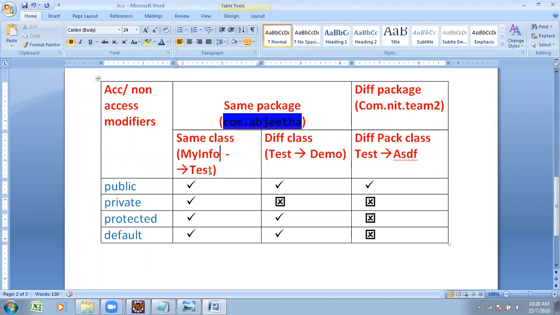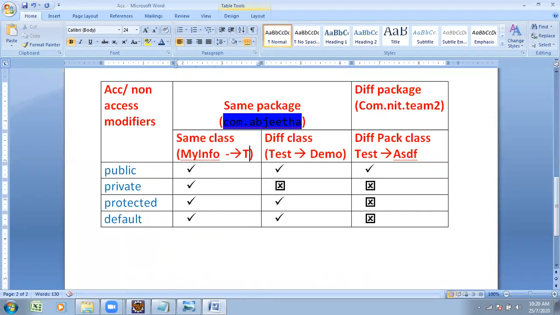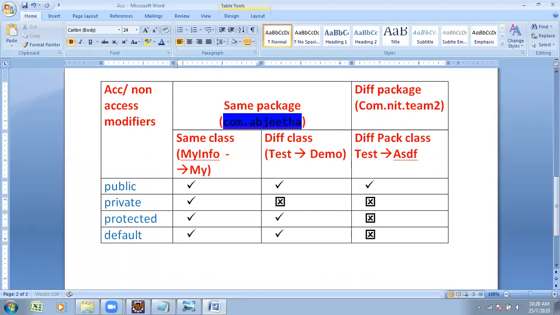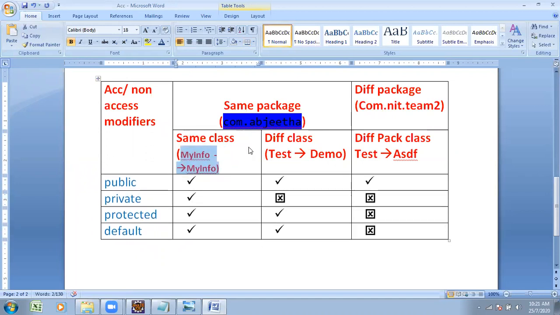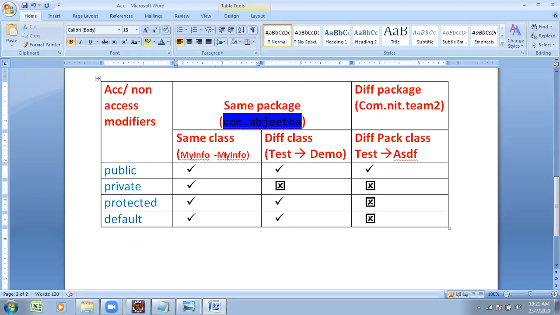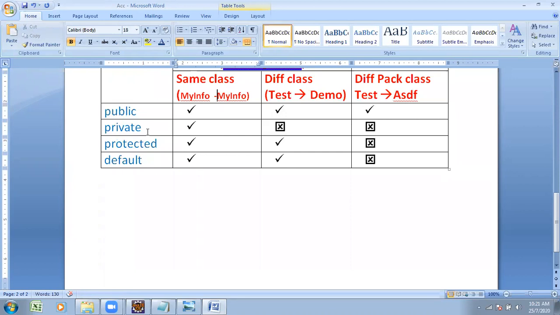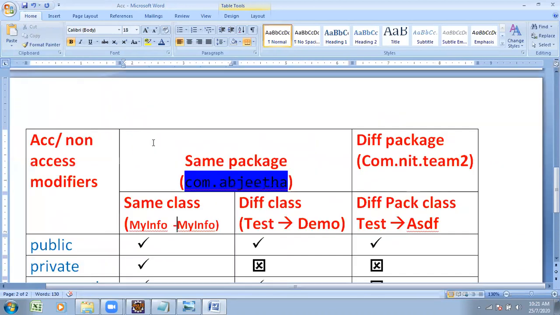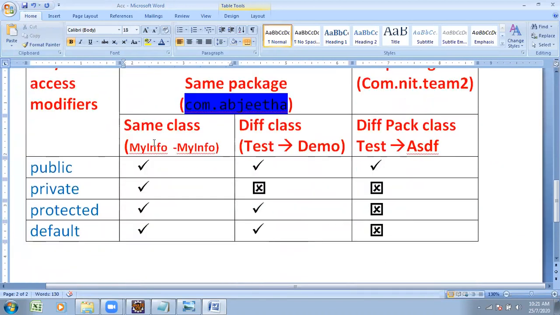In the same package, same class, all types of access modifiers are supported: public type, private type, protected type, default type.